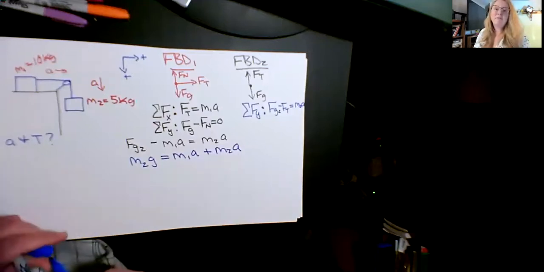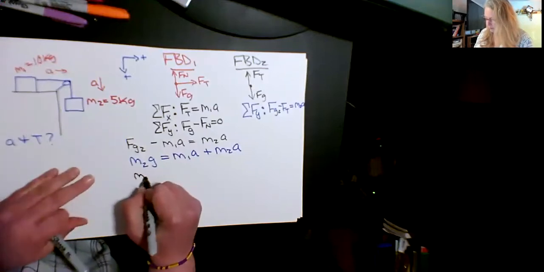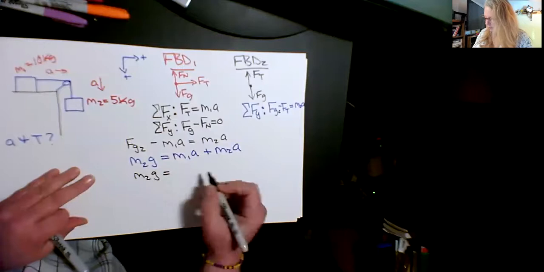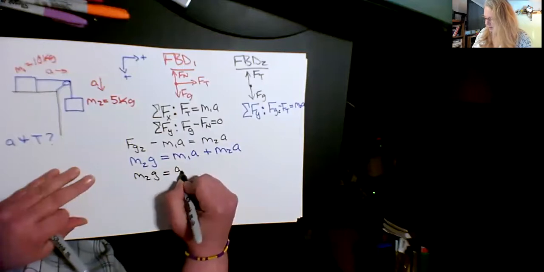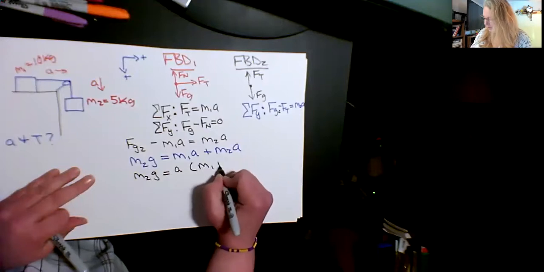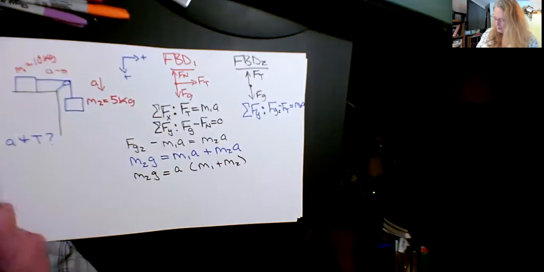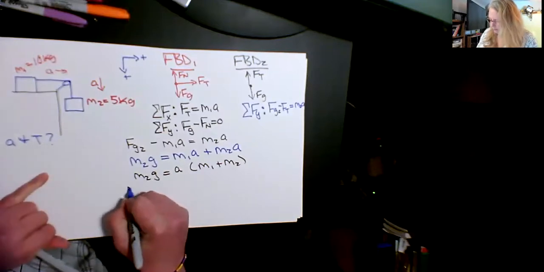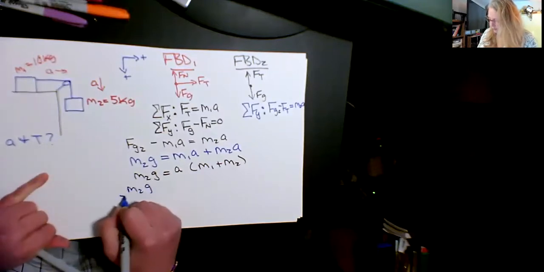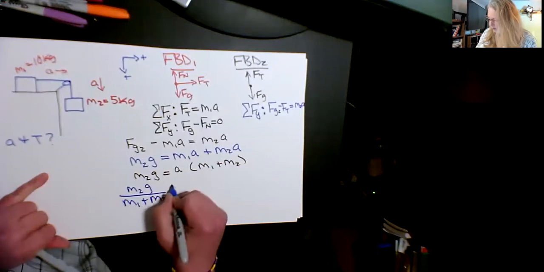Now, once again, I'm going to factor out the acceleration, with mass 1 plus mass 2. And then this whole thing simplifies down to mass 2 times gravity divided by mass 1 plus mass 2 equals